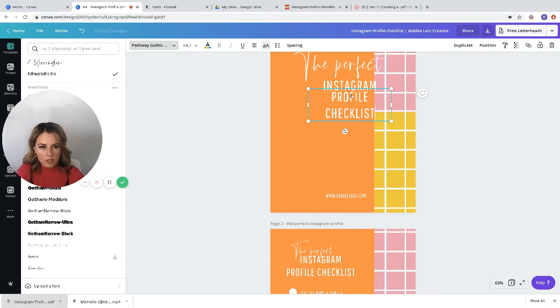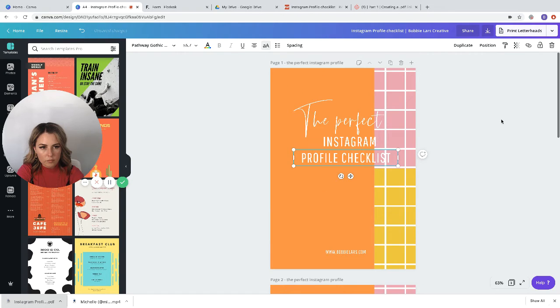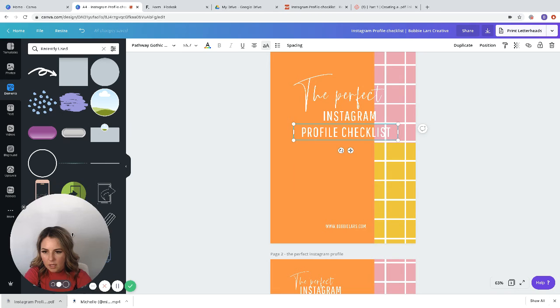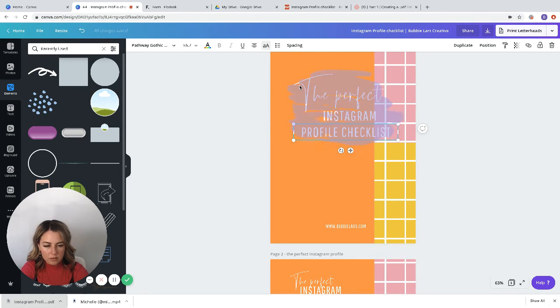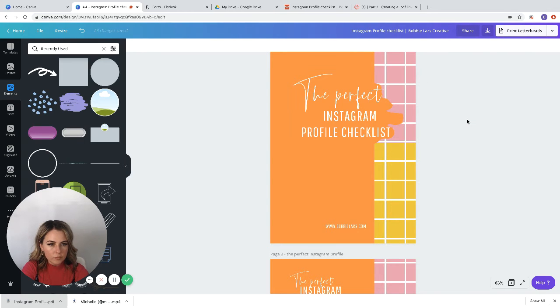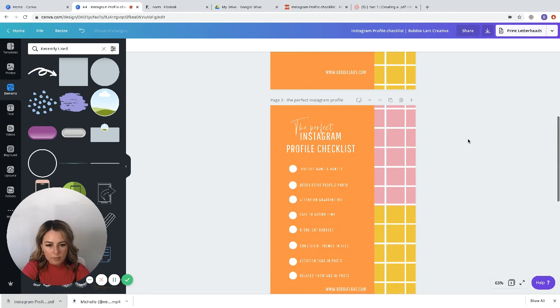The perfect Instagram profile checklist. And then I'm going to get an element and put an element behind that because I feel like I need something else. Okay. And then sometimes I like to